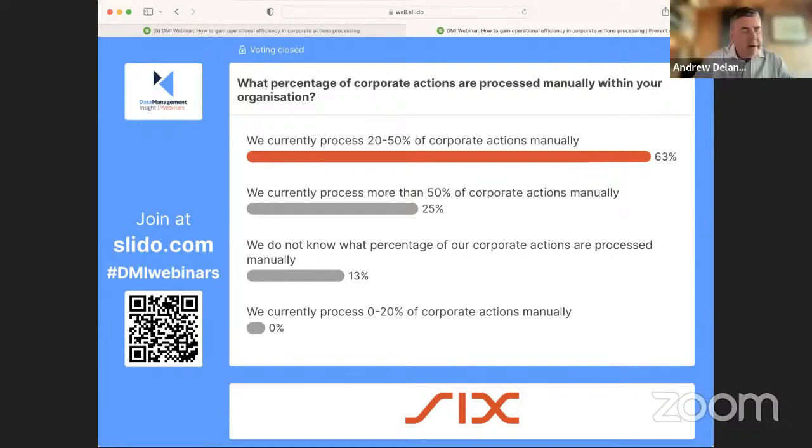Very good. Anyone else got any thoughts on that particular poll? So yeah, I would agree. It's kind of what I would expect. It's definitely a mixed bag when you talk about event types and markets and so forth. So to be around 50% is about what I would expect. And obviously it'd be better if it was higher, right? In a perfect world, it would be a lot higher, but I think currently that's probably right around where it is. Excellent. Great. Okay, let's move on to the results of the second poll.